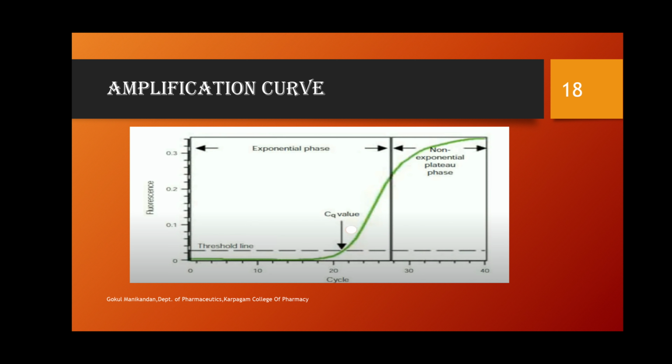If the blood sample of the person that we took had a virus, then of course it could have the DNA fragments. Due to the PCR process, these DNA fragments get multiplied exponentially each time, and it crosses the threshold line. If the sample crosses the threshold line, then the report is said to be positive. If not, the report is said to be negative. This is the importance of the threshold line and the Cq value. If we obtain a Cq value for the sample that we got from the human, then he seems to have been attacked by the virus.